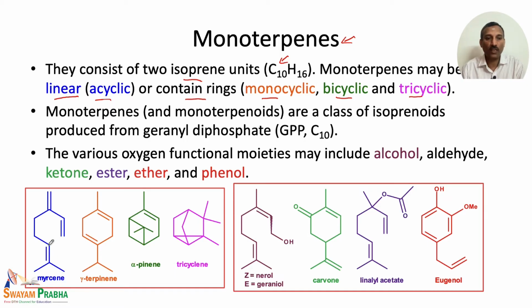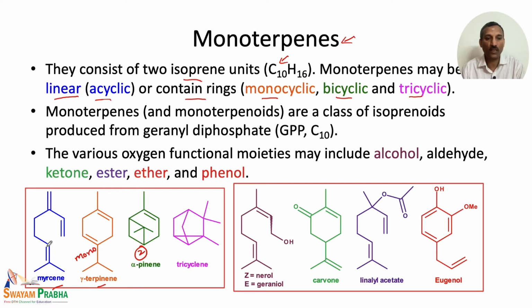Myrcene is an example of an acyclic system. This is shown in the blue color, and alpha terpinene is the one with the monocyclic system, and alpha pinene is a bicyclic unit. We have two rings present in the alpha pinene. And if we recollect the gem dialkyl rule, this myrcene and alpha terpinene have the gem dialkyl unit outside here, especially